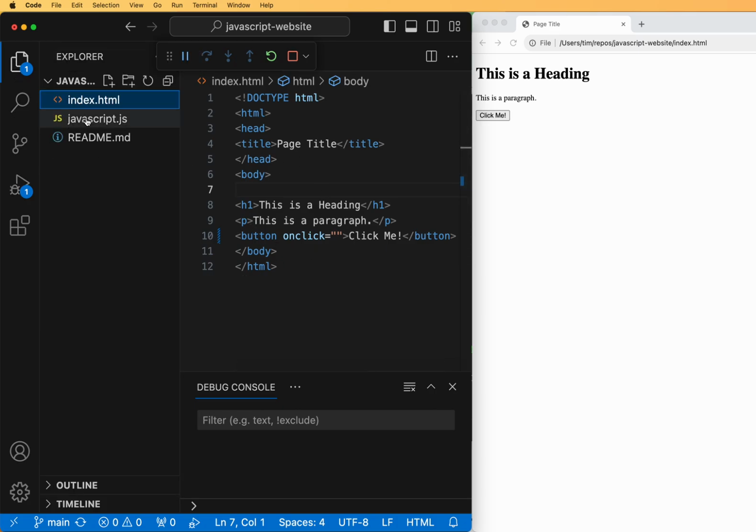if you go up to here, you can see that we have a JavaScript file and an index.html file. And you can see that .js is the file extension for all JavaScript files. Now there are other files like TypeScript, other flavors of JavaScript, for lack of a better term. They look a lot like JavaScript, but they'll be a little bit different in behavior, like CoffeeScript or TypeScript, and those might have different extensions like .ts. For a pure JavaScript file, it's always going to have a .js at the end of it. This is our code file for JavaScript. So now we are going to go into here, and actually before we do that,